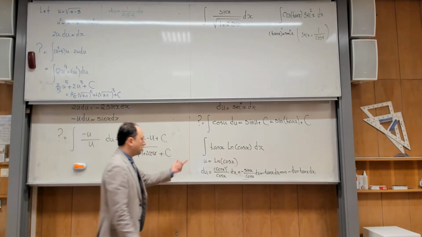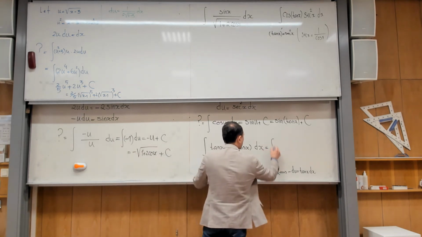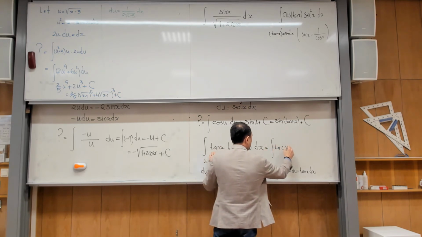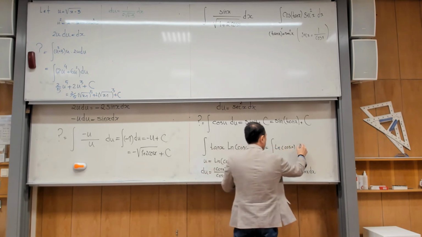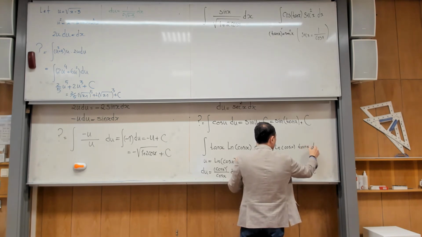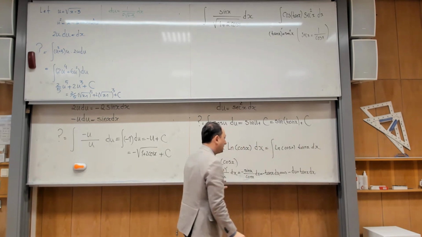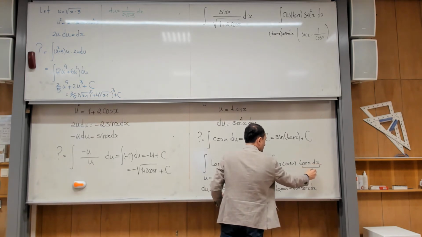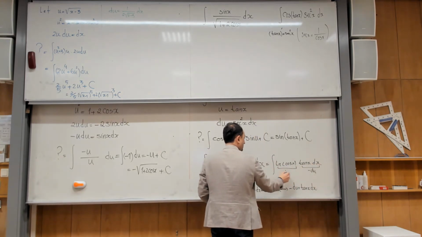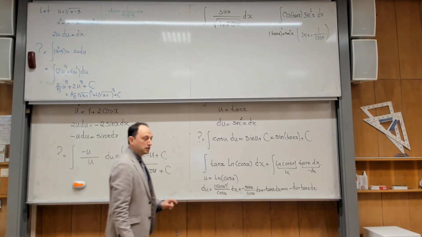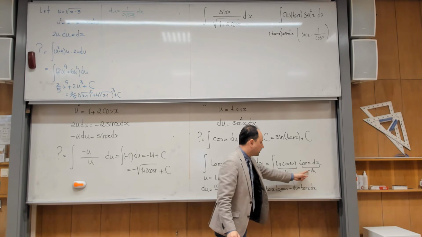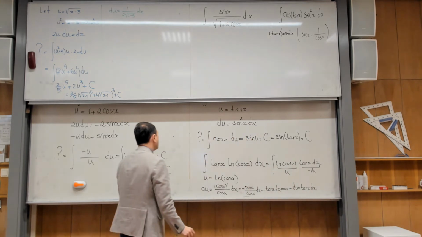And that is not hard to see that, of course, I can reorder them because that's a product. So in my head, I can imagine it to be like this. Yes? And then, instead of tangent x dx here, I put minus du, and instead of this expression, I put u. But that minus sign is a multiplicative constant minus 1. I can pull it out, so then it becomes